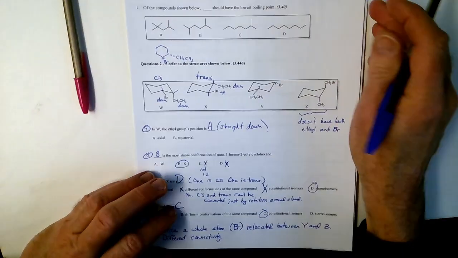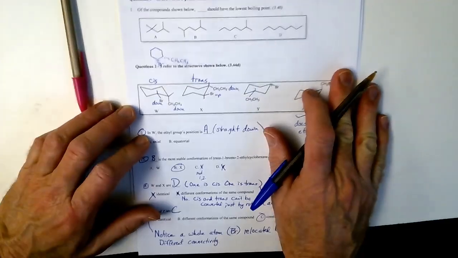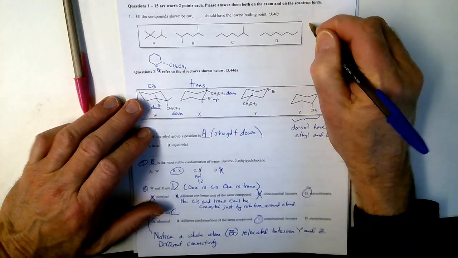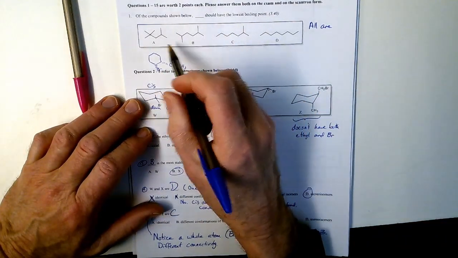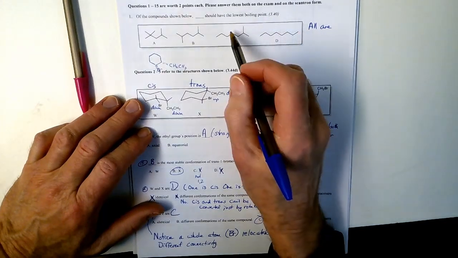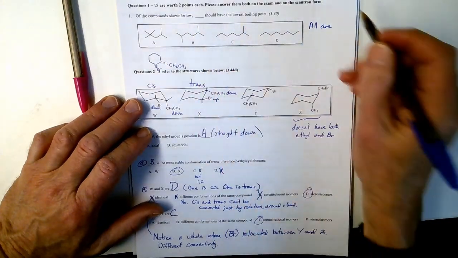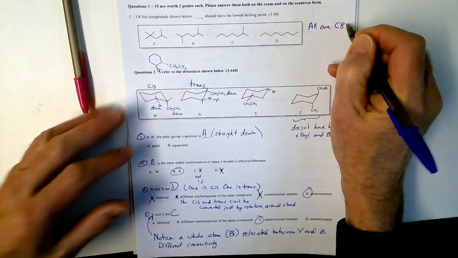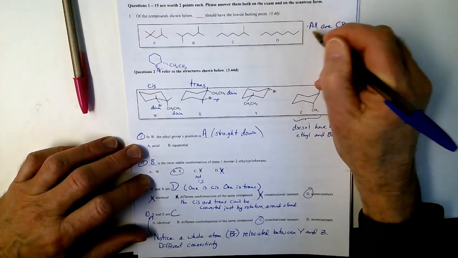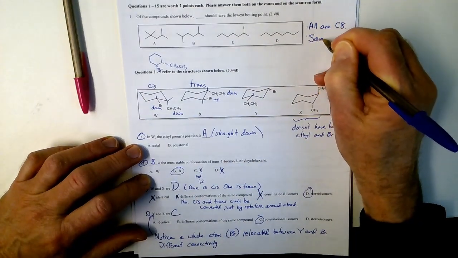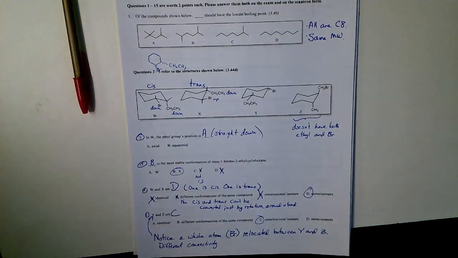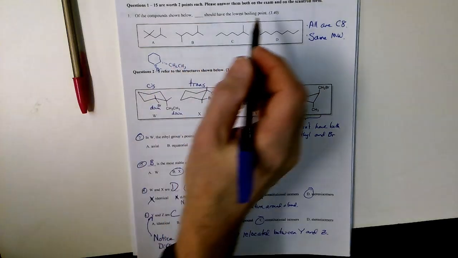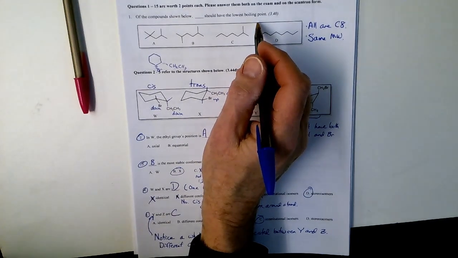Okay, what you want to notice about these is what's not different amongst them. All of these they should have the same number of carbons. 2, 4, 6, 8, 2, 4, 6, 7, 8. All of them are C8. So that much is not going to change. That means that they all have the same molecular weight. So whatever difference there is about boiling points between them, you can't blame molecular weight. They all weigh the same.